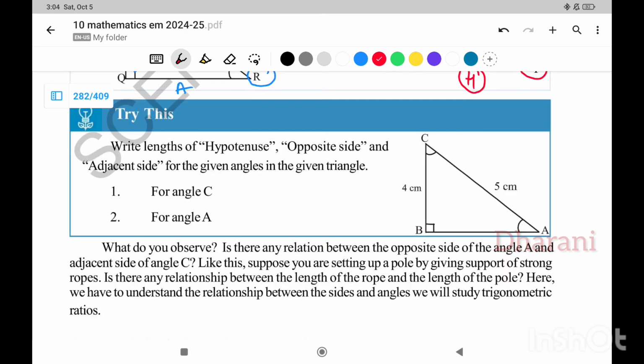Here there is a triangle ABC. Opposite is 4 cm, hypotenuse 5 cm, adjacent will be 3 cm. Why? Because these are all Pythagoras numbers. Here for angle C,